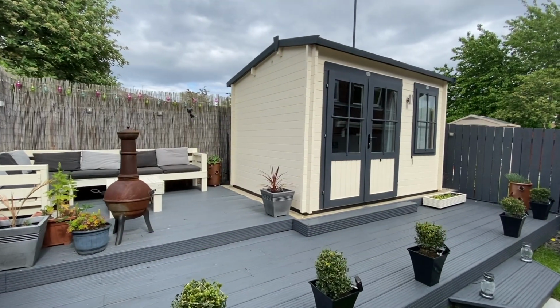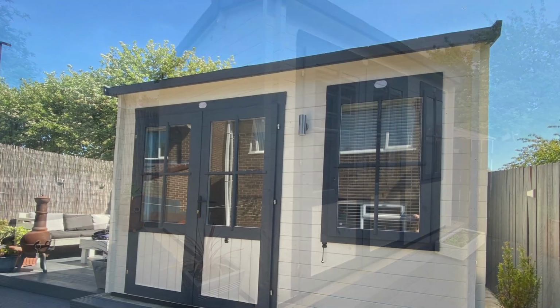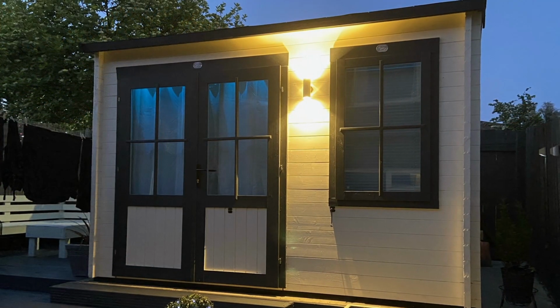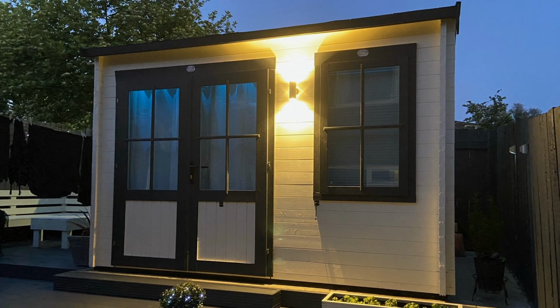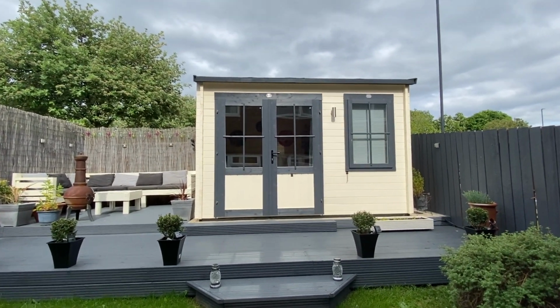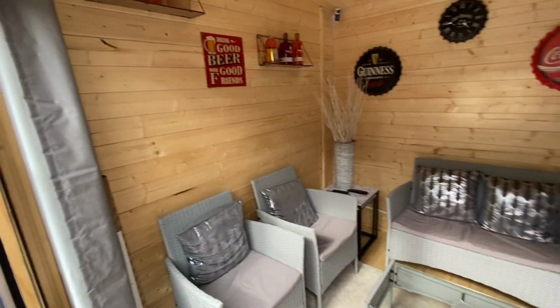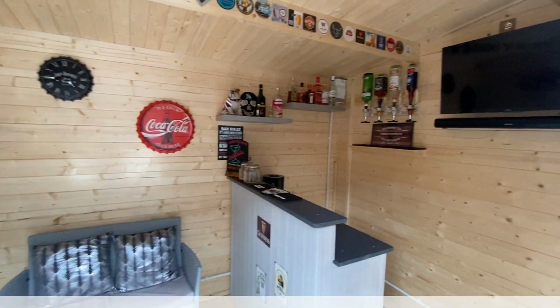Steve and Janette have longed for a garden bar and summerhouse that they can enjoy all year round. However, they have always been apprehensive about finding something that will work with the size and shape of their garden. They had a particular vision in mind where they wanted to get the best of both worlds, an area to sit outdoors and soak up the sun, but also a place to unwind in the garden, regardless of what the weather forecast is. After hours of browsing the internet, they finally found the perfect summer house to suit their garden,